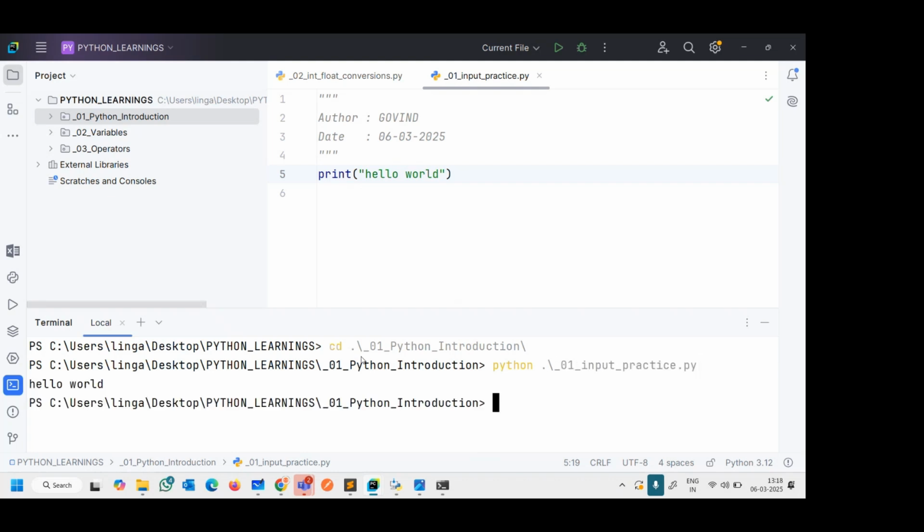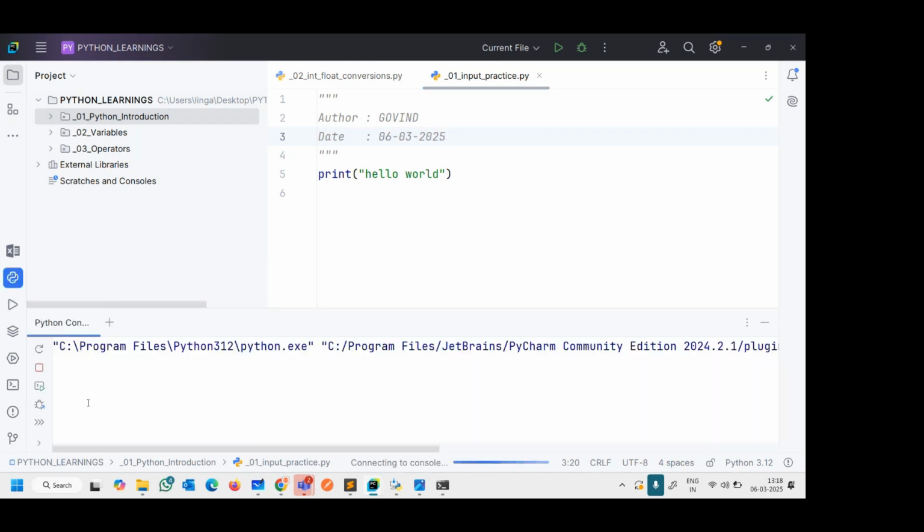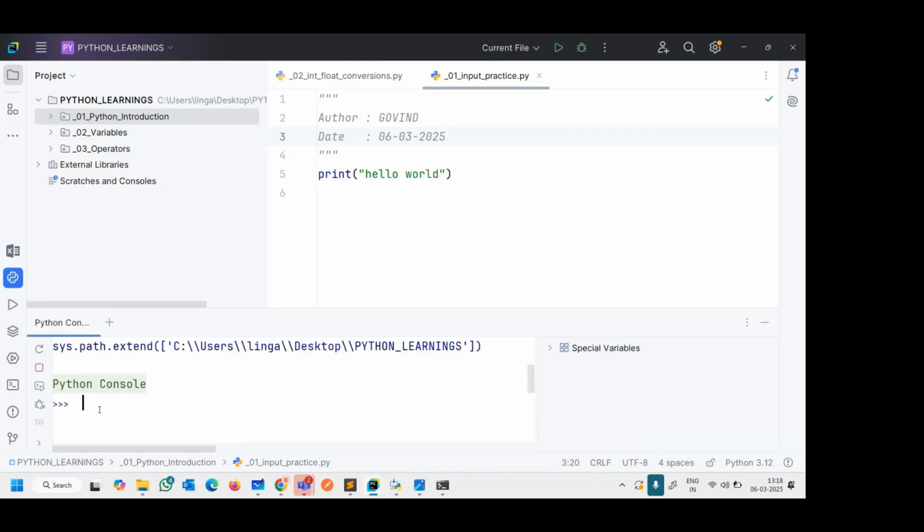Again, I got hello world. Terminal is present here. From UI also, I can run it. Yes, benefits. And again, here also we are getting the